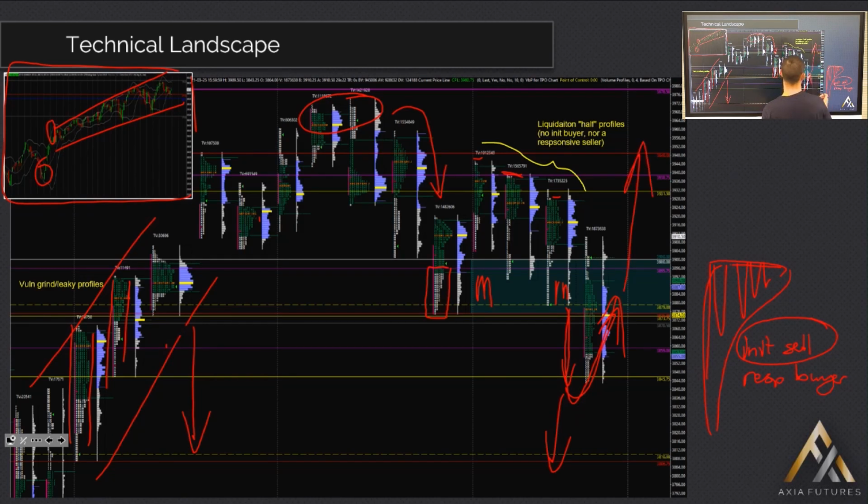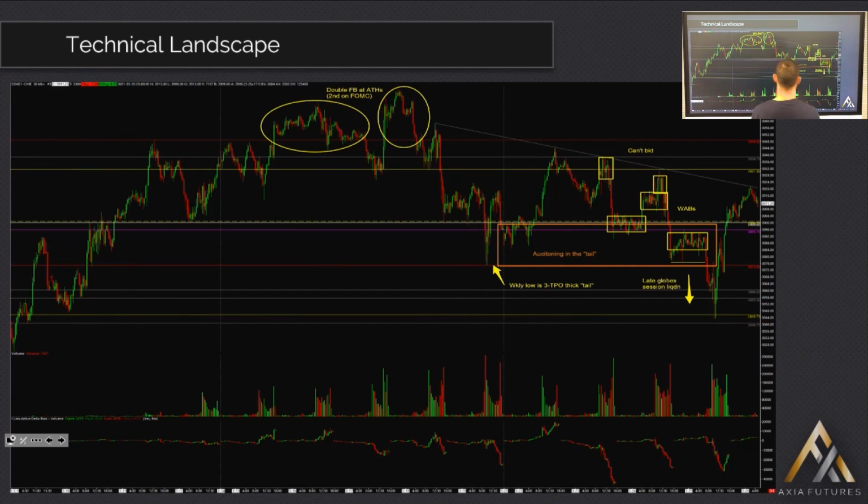All right, so that's kind of described in cash session profiles, and where we're at. But actually, the move happens in Globex, but of course most of the information is in cash, so this is a really important place to start. Now, we've got a 30-minute chart,